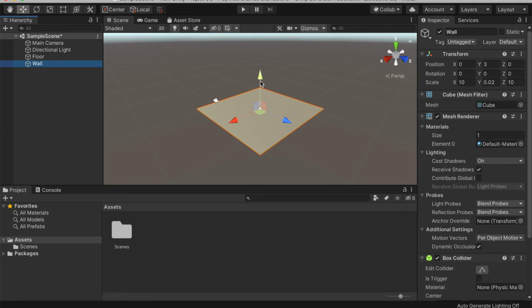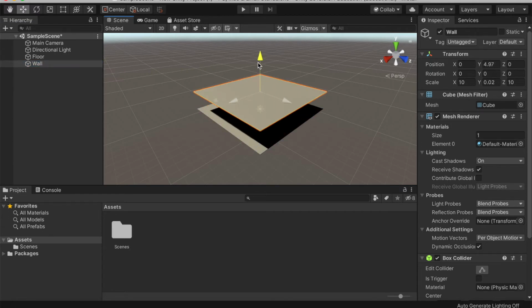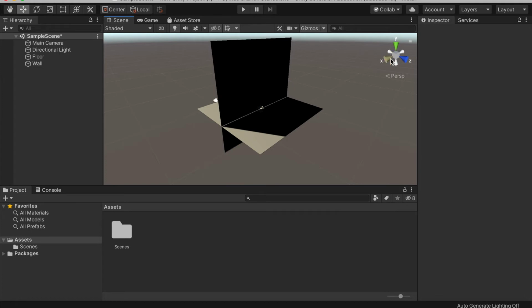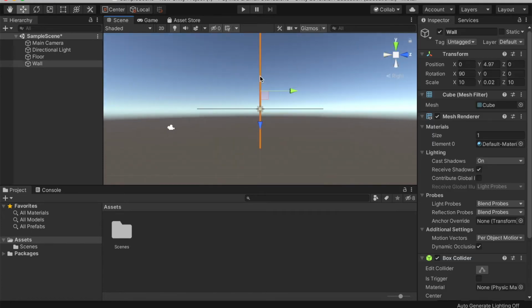And we can move it. Since it's selected here, we know that when we move this, we're moving it, and you can see there is actually a duplicate there. Of course, to make a wall, we need it oriented in a different direction, so we're going to go to rotation, and we're going to rotate it by 90 degrees. And now we have a wall, but it's not quite in the right place, so we're just going to move it